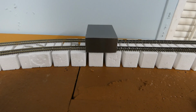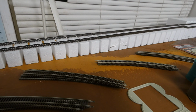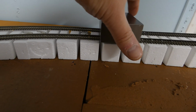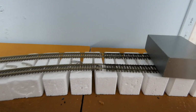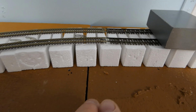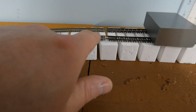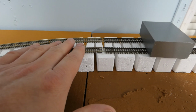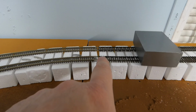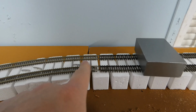What I'm doing right now, I actually laid it out a little bit before yesterday, and I was looking at it this morning, and I didn't really think about making sure that the joiners on the tracks are lined up just a little bit past the gap right here. Since this piece is going to lift out, I want the track on this side of the layout to extend over a little bit, so when I put the rail joiners back in there, there's a nice little bit of support for the track to transition,